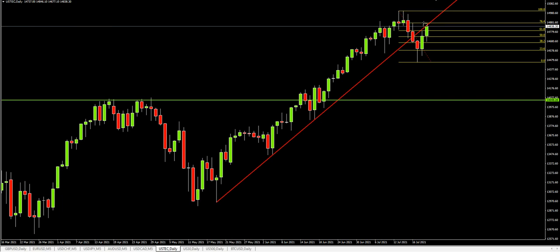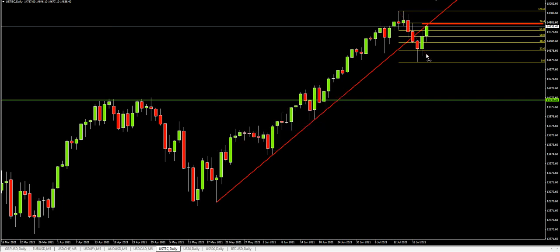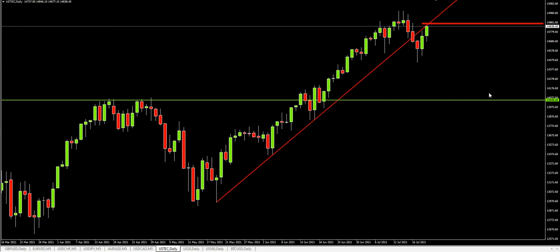It's all about ifs, right, with trading. I'm just trying to draw it in. I highlighted it. I'll remove that Fibonacci tool just to make the chart nice and clean. I'm saying that if price starts struggling at that level where that trend line is, and where I've highlighted the area,